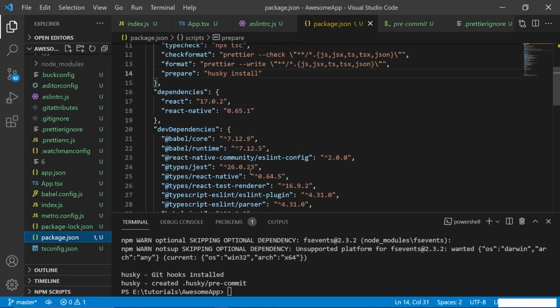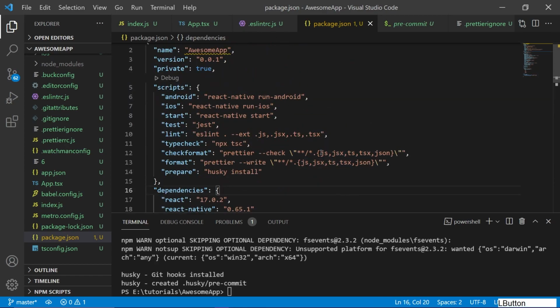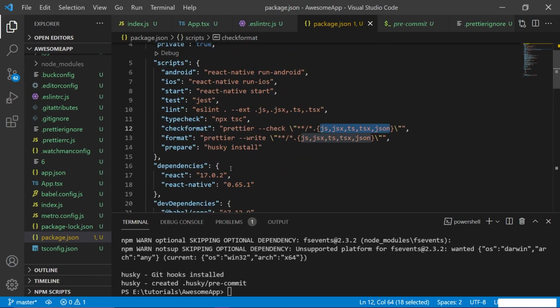In package.json, it also added a new section called lint staged, where types of the files are given and the command. So for prettier, we need these files, and for ESLint, we need these files, just like we mentioned them here, right? So instead of doing all this manually, we now have Husky to do it automatically when we commit our code,